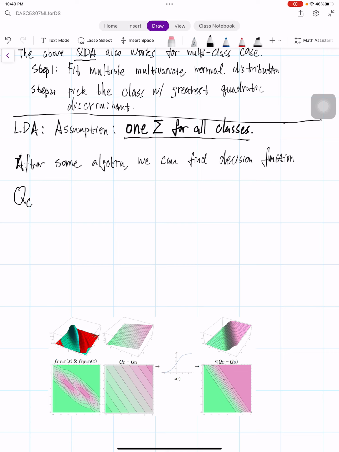Suppose we have the two-class case. Then QC minus QD is given by mu C minus mu D, the difference between the averages of the two classes, transpose, variance covariance matrix inverse, multiplied by x. You can think of this as the weight, and this is the x, minus